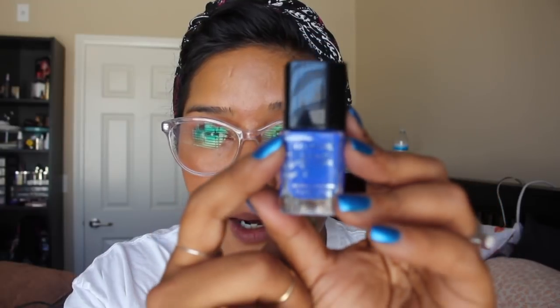Again, I was over here, right over here in my last update. Mutant from CoverGirl is another one that I'm gonna consider done, and this is done because I put this on my toes yesterday in the morning. And sometime in the evening, which right now, by the way, I have bikini on right now because I had to remove this one. Because sometime in the evening, I went to sit on the couch and I sat on my foot. Mind you, it had been a good 6 to 8 hours from the moment that I had applied